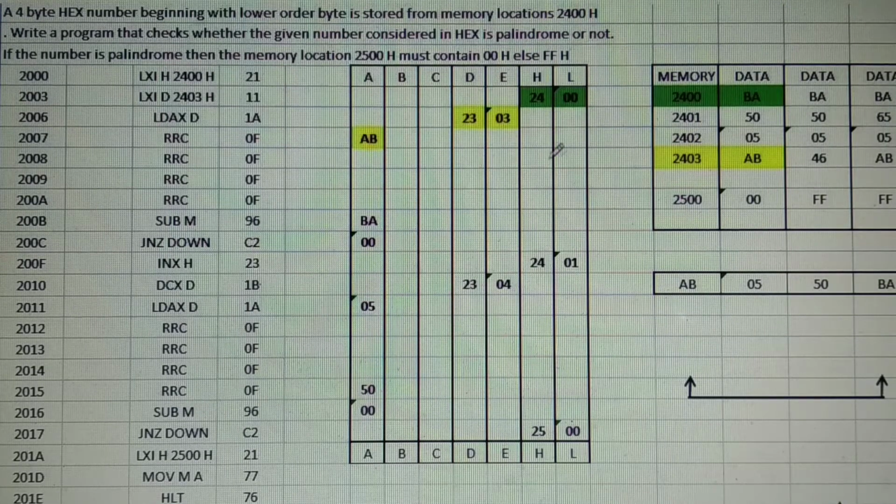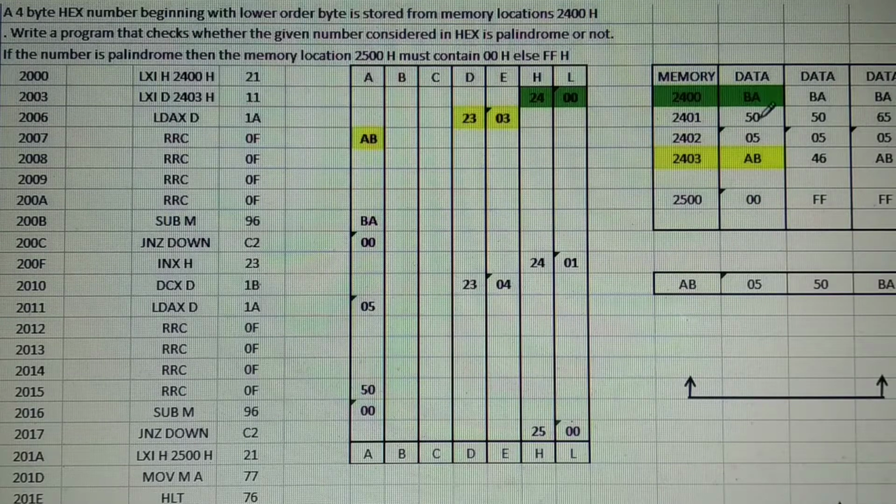What do you mean by palindrome? If we read the combination of characters, special characters, numbers from left to right or right to left, the combination should remain the same. That is called a palindrome.